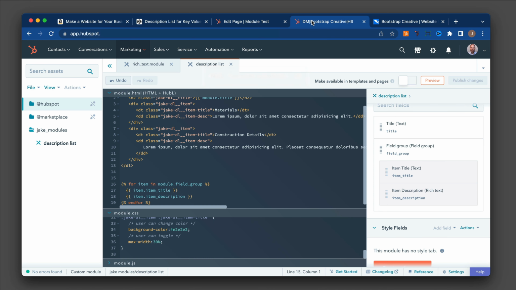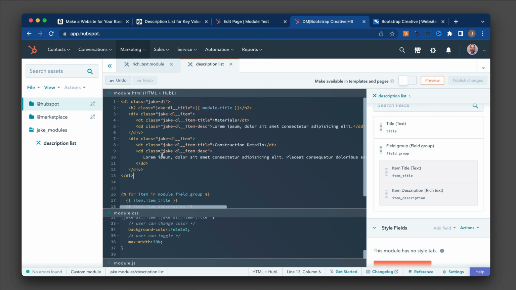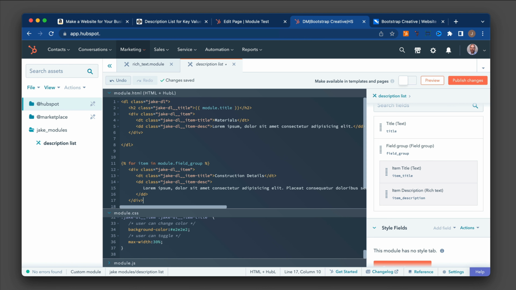So going back to my editor here, I need to use this loop and replace this section here, where I have a div Jake-DL item. So what I'm going to do is cut this and place it inside the for loop here.